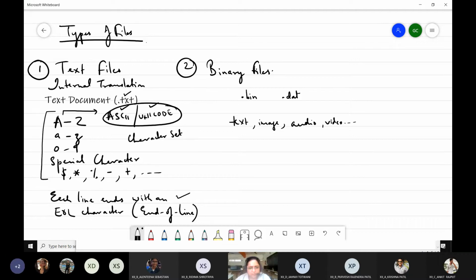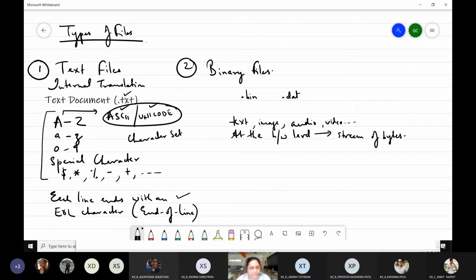At the hardware level, the data is saved as a stream of bytes. Whatever data you are saving, it is saved as a stream of bytes.